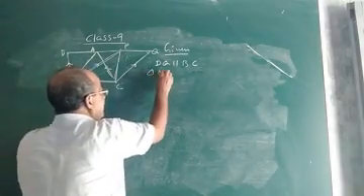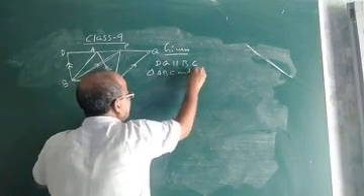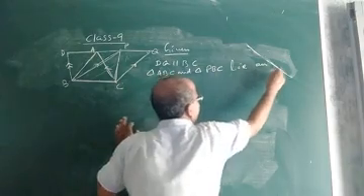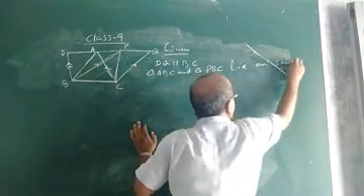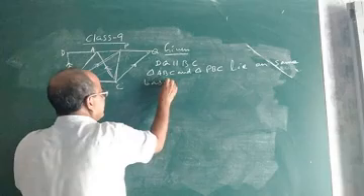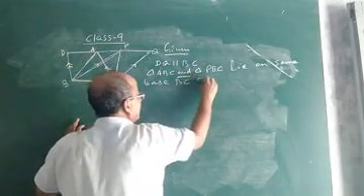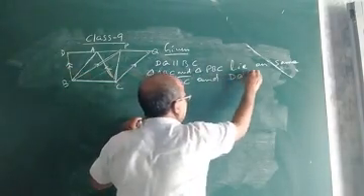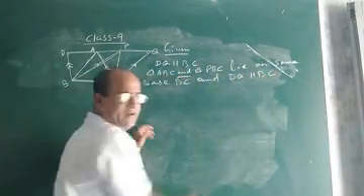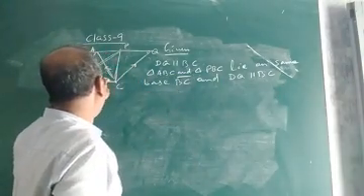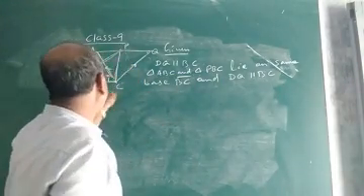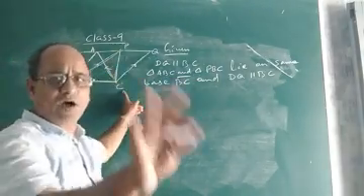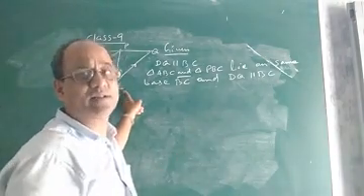So what is given? Triangle ABC and triangle PBC stand on the same base BC and between the same parallels, that is DQ parallel to BC. It is given that triangle ABC and triangle PBC lie on the same base BC and between the same parallels DQ and BC. So how will you prove that the areas of the two triangles are equal?